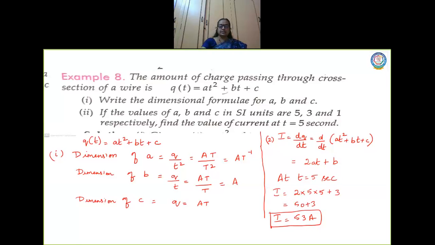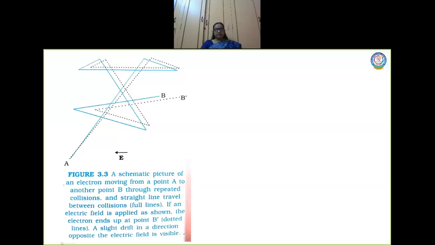With this, we are moving on to the next interesting topic, which is called drift velocity, or drift of electrons, and the origin of resistivity. Again, we are going to relate this to Ohm's law formula. We are going to arrive at Ohm's law once again here. Whatever formulas we are discussing, we are going to compare them with it. So here is the topic for drift velocity.